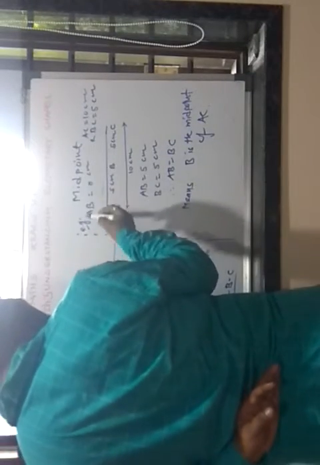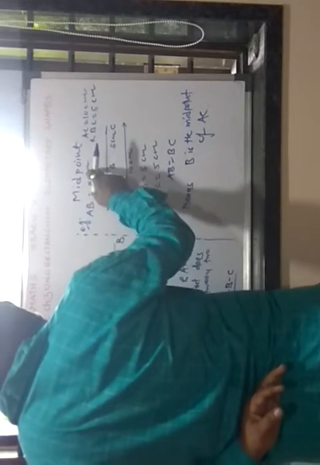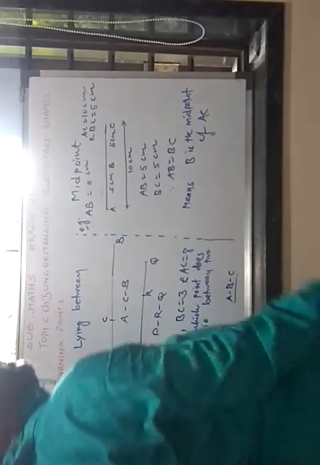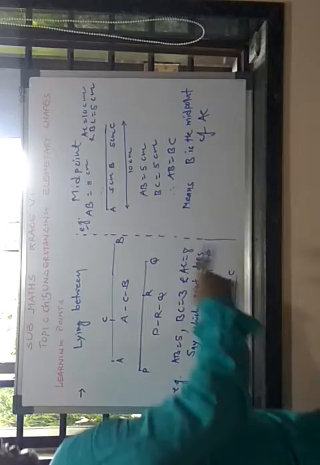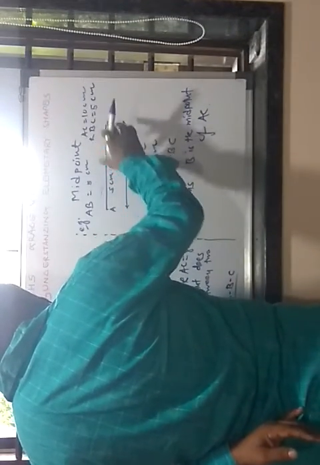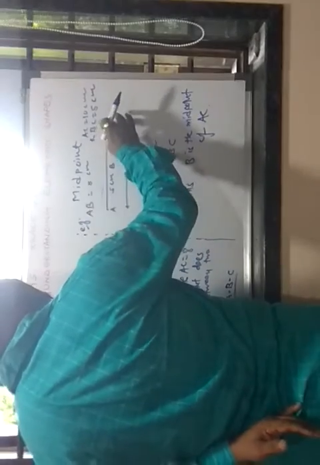We also understand using this example, AB is equal to 5 centimeter, AC is equal to 10 centimeter, BC is equal to 5 centimeter. So now start to draw. AB equal to 5 centimeter, then AC is equal to 10, means from here A to C 10, and BC is equal to 5 centimeter.